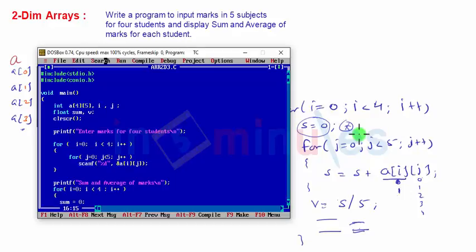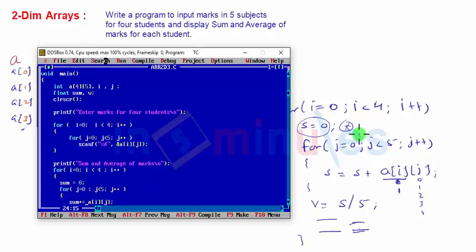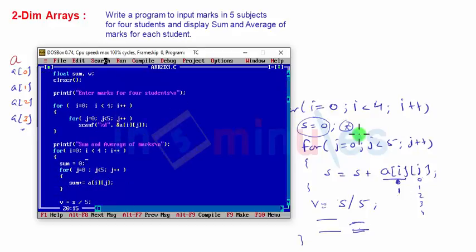Then basically it's a 2D array input. For our calculation it is students' marks, but for the program it is just values in a 2D array. Then it's the sum and average of marks. So each row you have to sum. For that we'll set i equal to 0. Then for i set to 0, sum will be set to 0 and j will go from 0 to 4